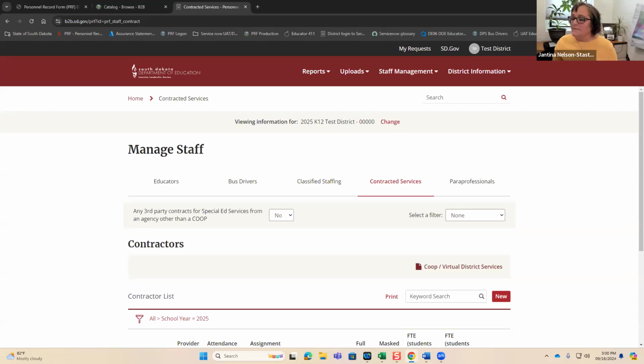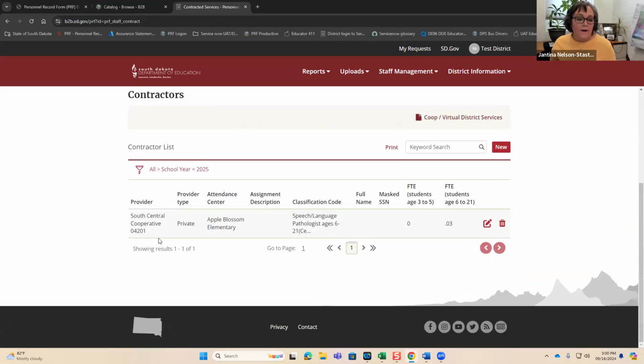And with that, we collect the data from the co-ops. So if there's an entry where you list the provider as a co-op, you need to go in and delete that entry. That would be considered double reporting because it's being reported by your district. You can see the allocated services from the co-op and the virtual districts if you click on this link.